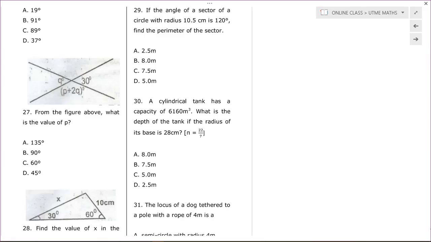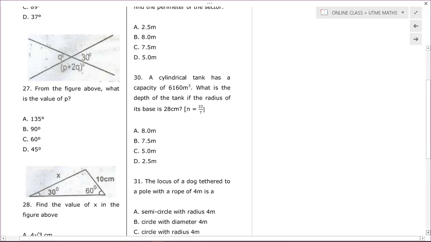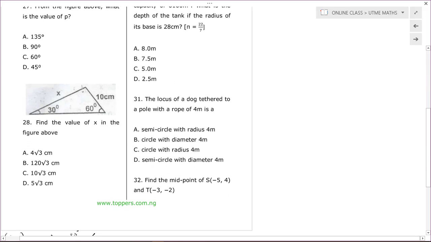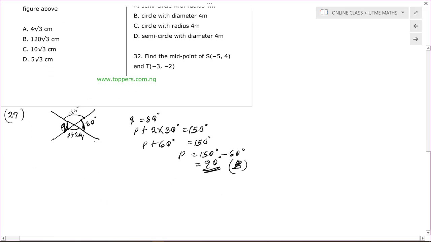We are given a triangle. We can see this. This one is so straightforward. Okay, let me quickly draw it. From what I see here, number 28, they said that here, we don't know, here also, and there's a line here. Here is 30 degrees. Here is 60 degrees. And here is 10